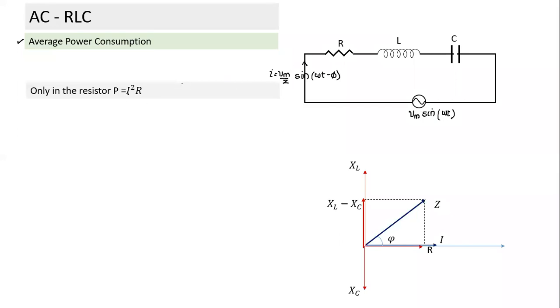The only power consumption is in the resistor. And what is power consumption? I have written I square R. And whenever I write this, I have to refresh your notation. There are three terms. If I write a small i, it indicates the instantaneous value. When I write a capital I, this is RMS current. I could also have written this as I RMS square R. Both are the same thing. So once I find this, I know what the power consumption is.